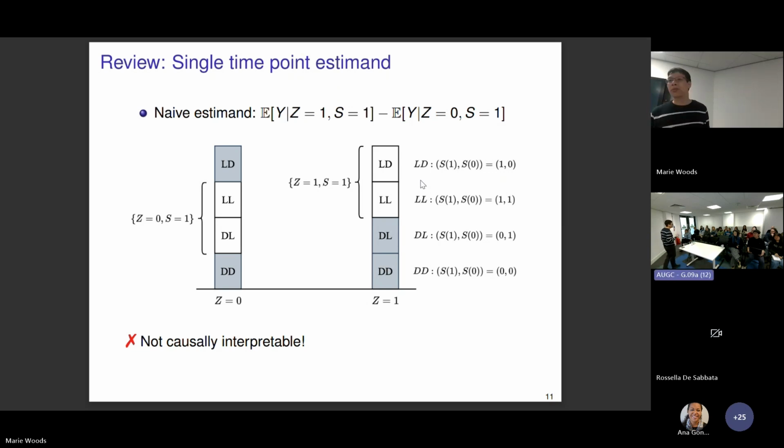And these two groups of people, there's no reason to believe they are the same, right? In particular, usually people who survive under control will be patients who are healthier to start with, because even if you just give them control, they can still survive. And the people who survive under treatment may, in general, on average, be weaker. So it's unfair to compare the same outcome among these two different groups of people. So this is where the selection bias comes from.